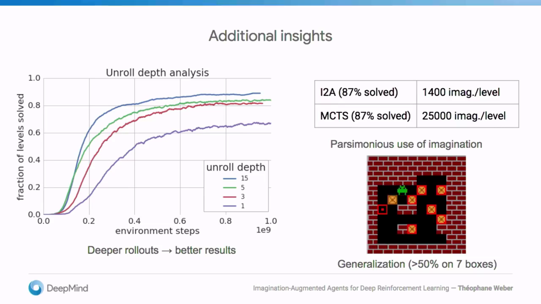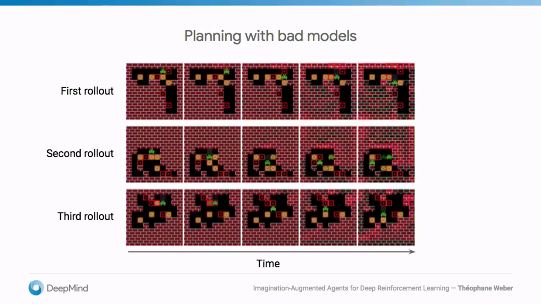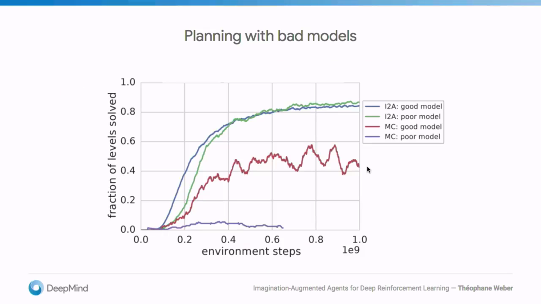But that model is pretty good because Sokoban is fairly simple, visually it's a very simple environment. So what happens if you have a bad model? So we train a bad model by reducing the size of the environment model, and this is what you get. The rollouts are pretty bad. So these are 3 rollouts and the time on the x-axis. And you can find out while the first 2 predictions are pretty decent, as it goes on, it gets worse and worse, and eventually you even see Sokoban splitting in 2. So what happens if you do this?